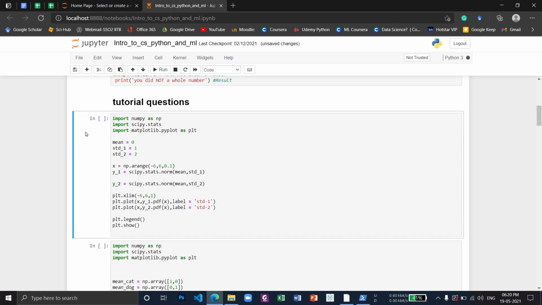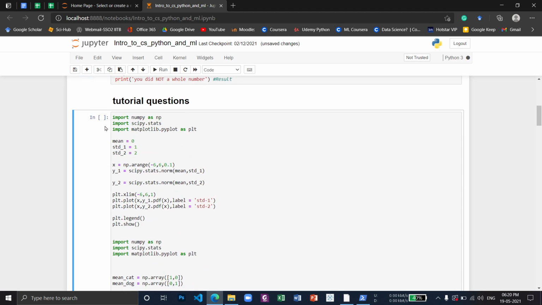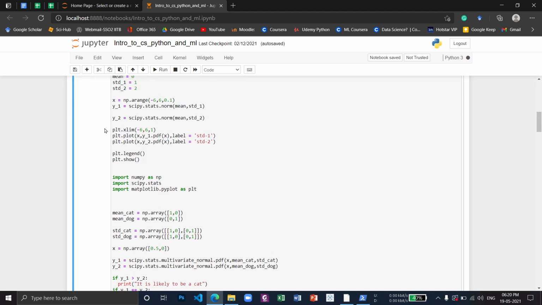Here I will use shift plus arrow to select the bottom cell. See, both cells are selected. So I will press shift plus M. See, both the cells have been merged. It makes our work very easy.